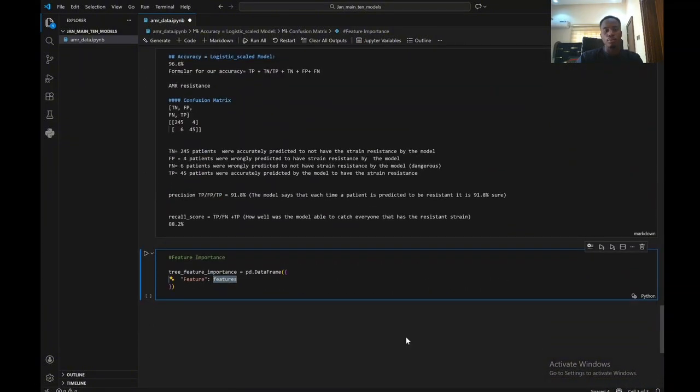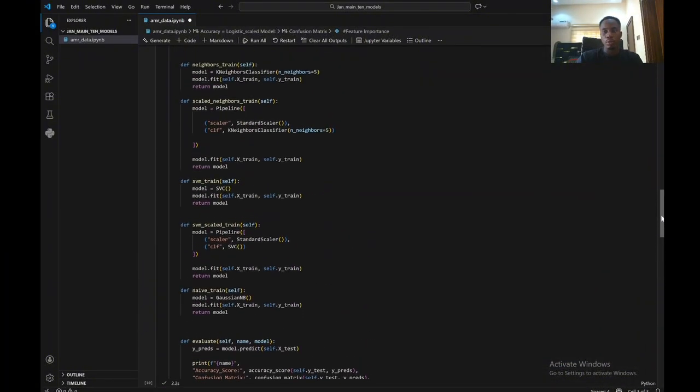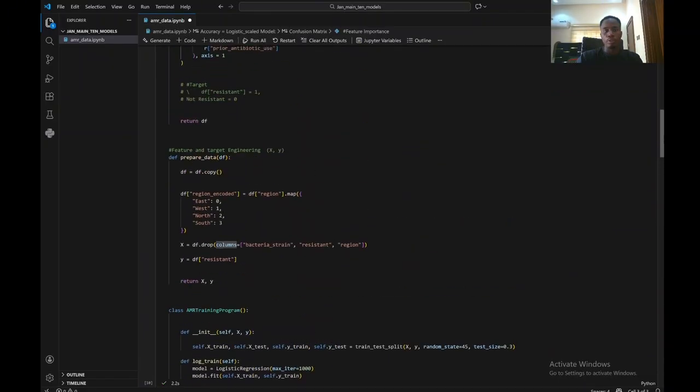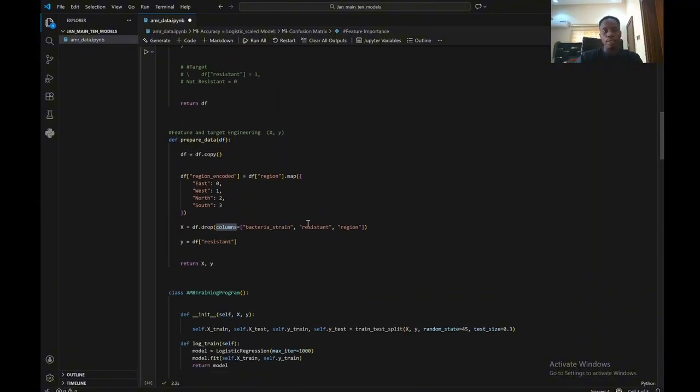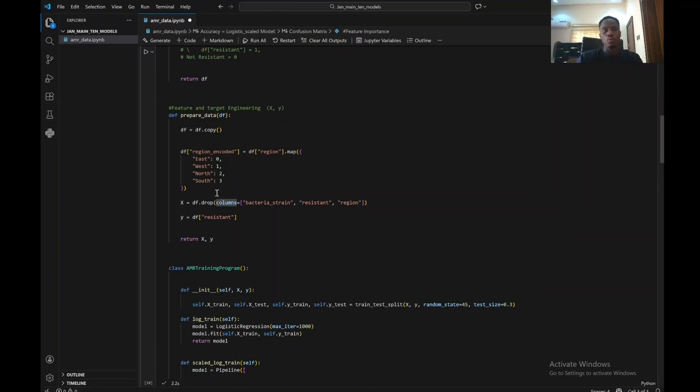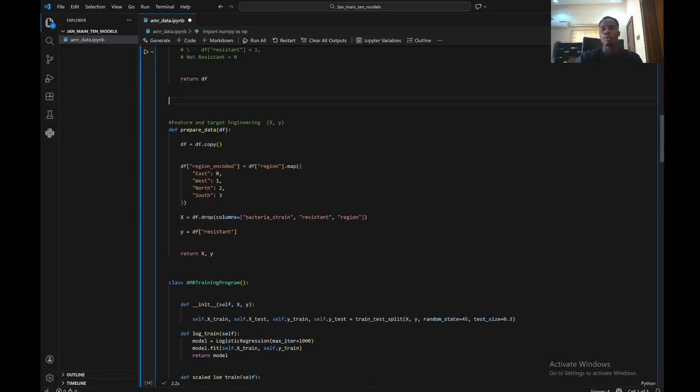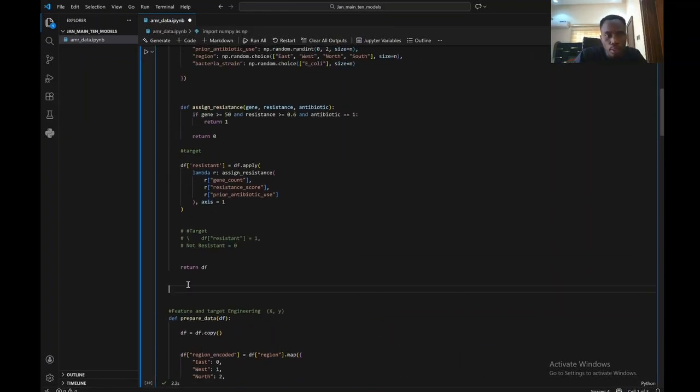To get that, we might do something like X dot columns. I just want to list out what our features are, and we need to bring that out as a global variable, so our X is going to be